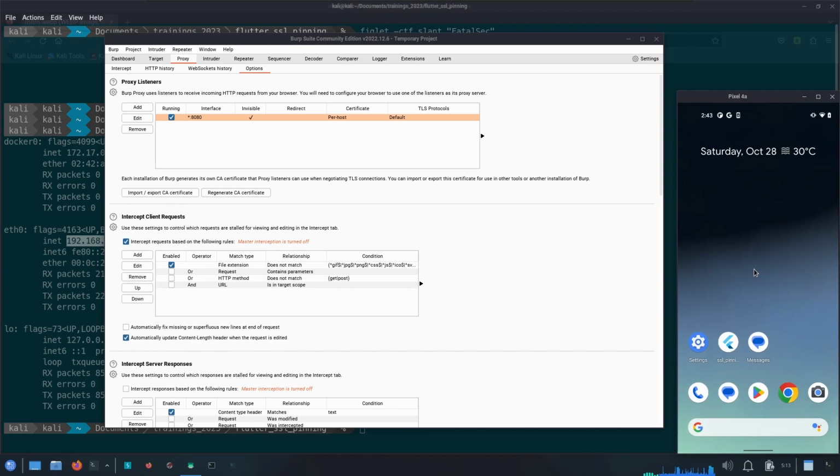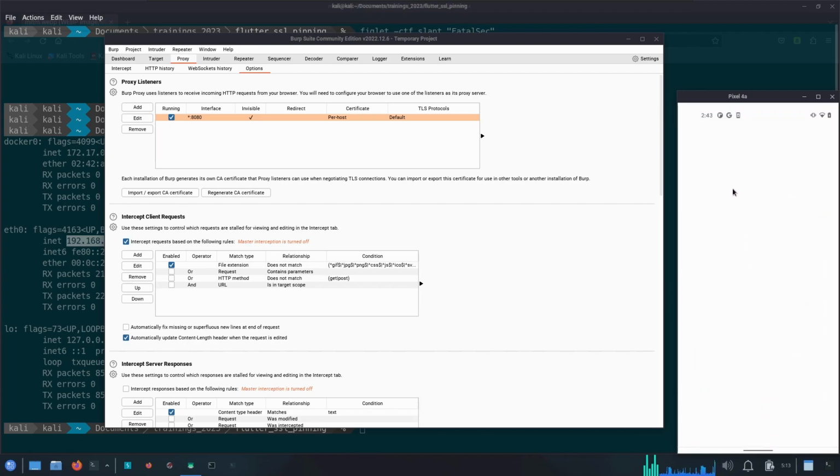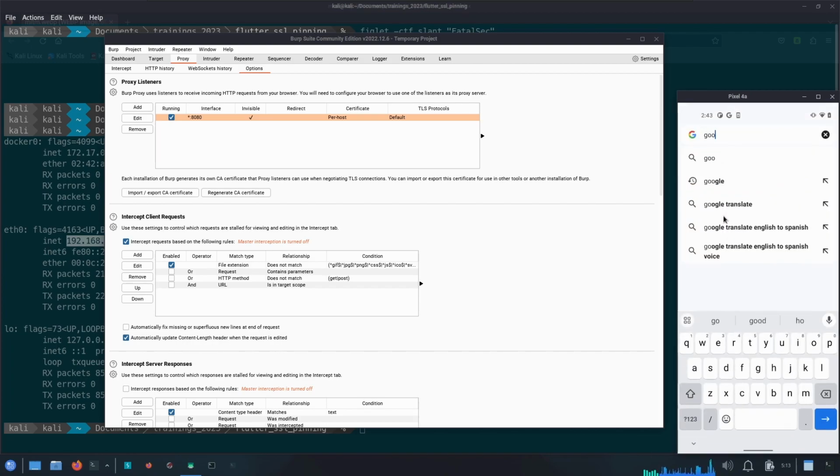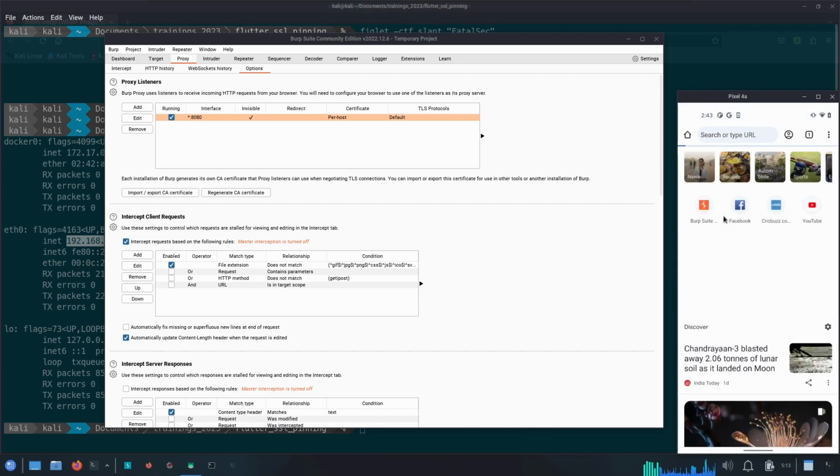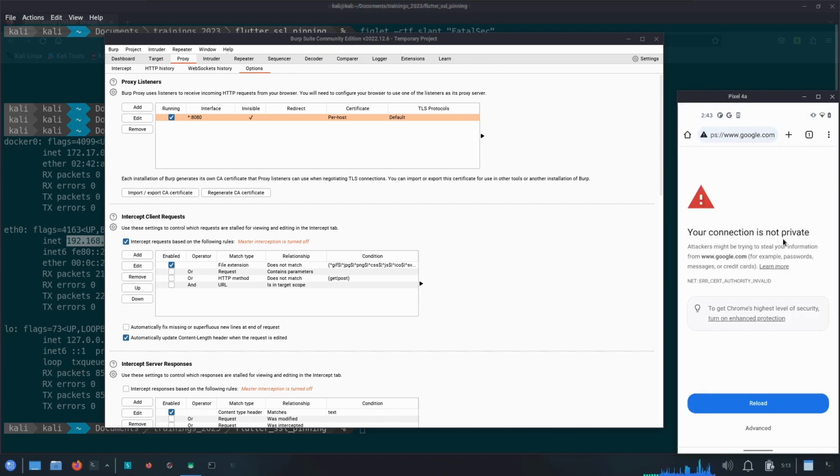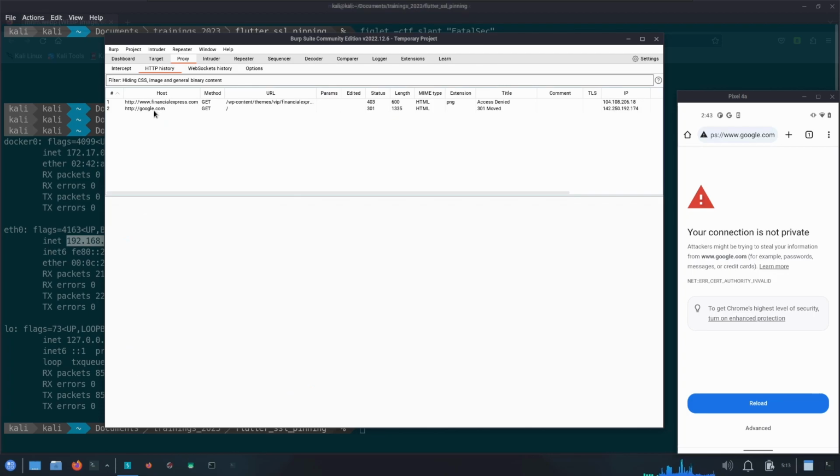So let's do a quick sanity check by opening up the web browser and trying to make a request. Let's say google.com. Hit enter. And now it's saying your connection is not private. Error: certificate authority invalid. Okay. And if we go under the HTTP history tab, we see that we do get some requests, right? But not this one. So we can check the error logs in Burp Suite by going into the dashboard tab,